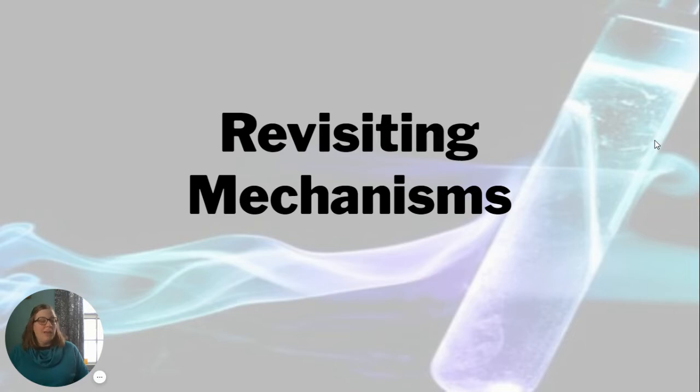Hey, AP Chem, we are wrapping up Unit 7 with our kinetic stuff by circling back around to reaction mechanisms. Now, I told you at the very beginning we would come back to these again after we talked about all the stuff, and here we are. So what we're going to actually do today is tie together mechanisms and the rate law,